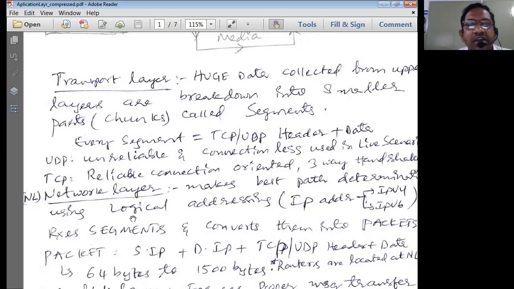Next is TCP/IP. TCP/IP, as a header, is known as a reliable connection, and it is normally a connection-oriented service. That means the connection is virtually established before a transmission takes place in the case of the TCP/IP protocol.